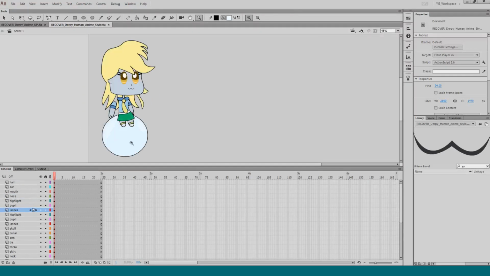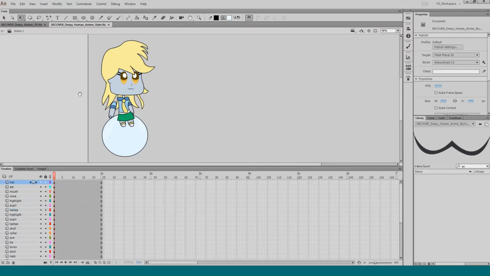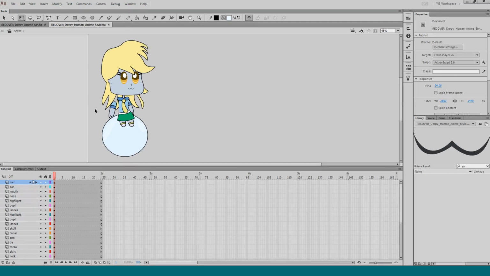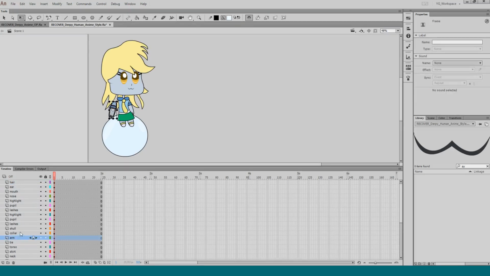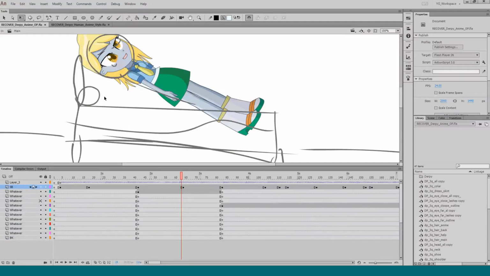Alright, cool. I was going to finish this in an adjuster and add motion to her hair, having like 2 or 3 frames of the hair flopping around. Yeah, I guess it's kind of a fun tutorial of how to make these kind of symbols, how to make little Flash characters. Pretty simple. Okay. There she is in bed.